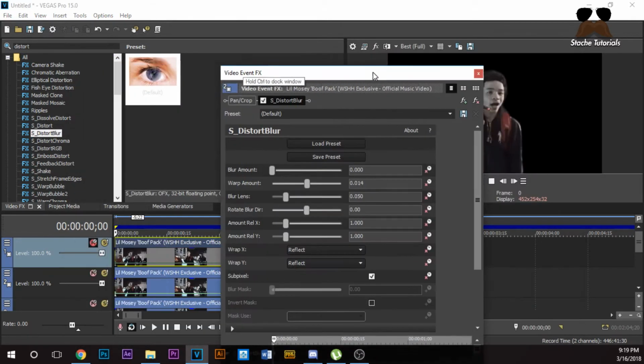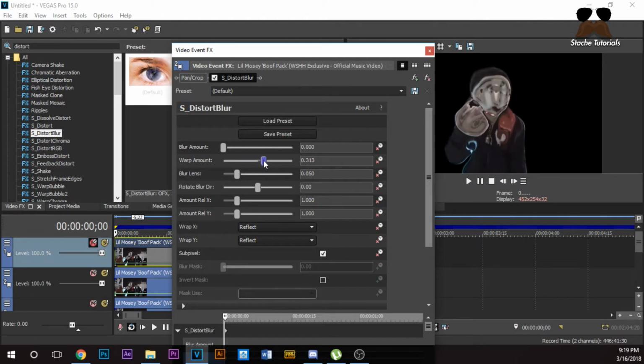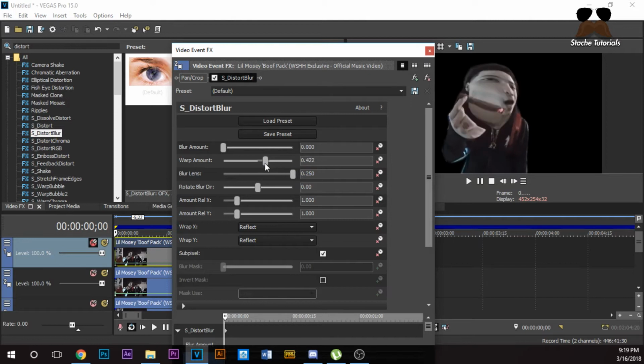So keyframe all the settings, and then now I want to change the settings and mess with it to whatever I want. You kind of don't want to go past 300 right here on this warp amount, because then it gets all funky, unless you want to do that. I just don't think it looks good. And if you do, you have to mess with this blur lens. It's just kind of difficult.